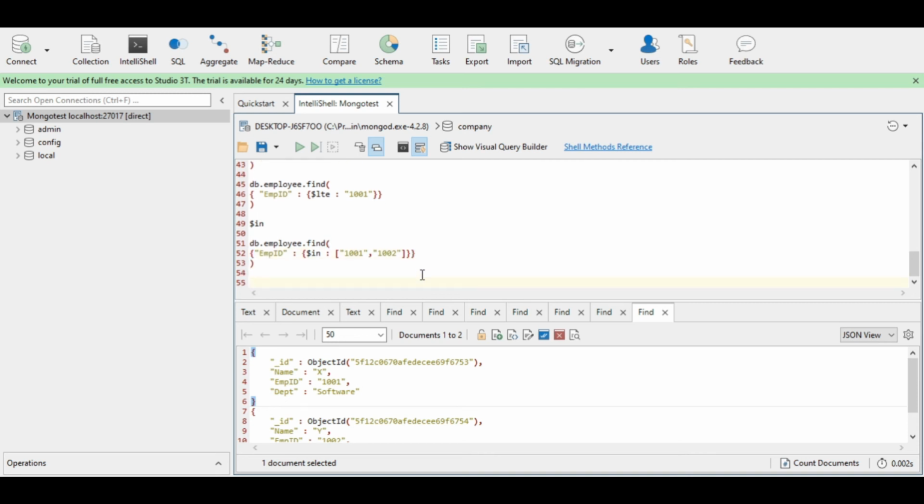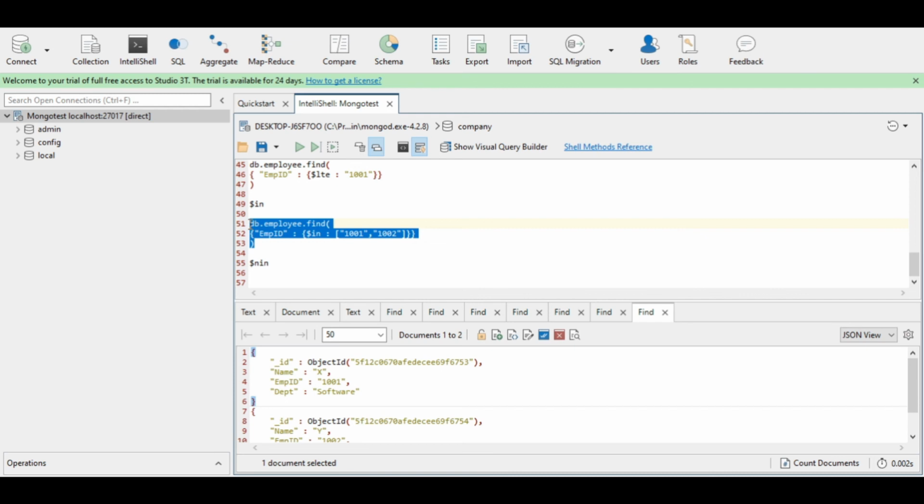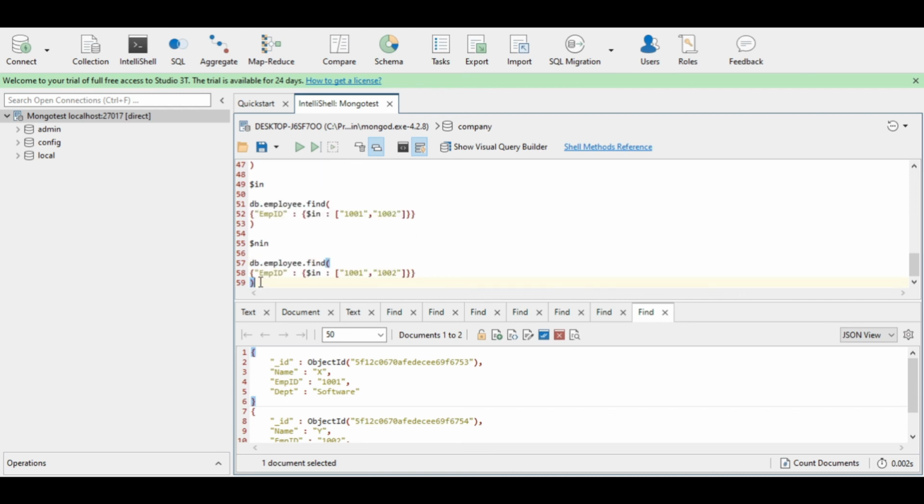Now I will be using one more operator, that is $nin. So that is the inverse of the previous operator. This operator selects all the documents where the value of the field does not equal any value in the specified array. So how can that be done? Just copy the previous query, paste it here.